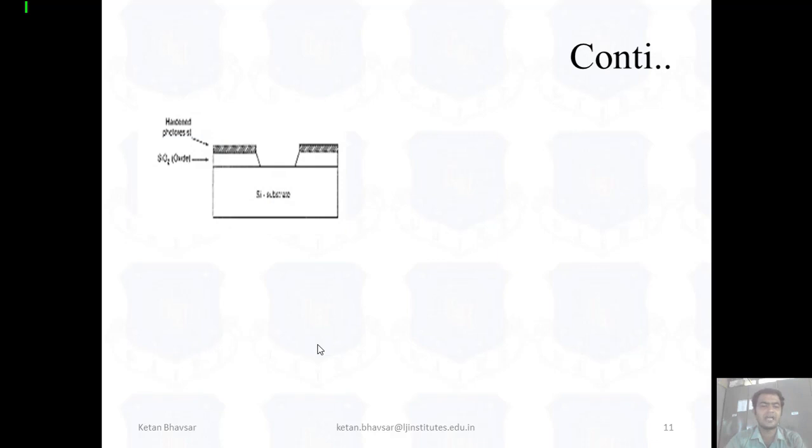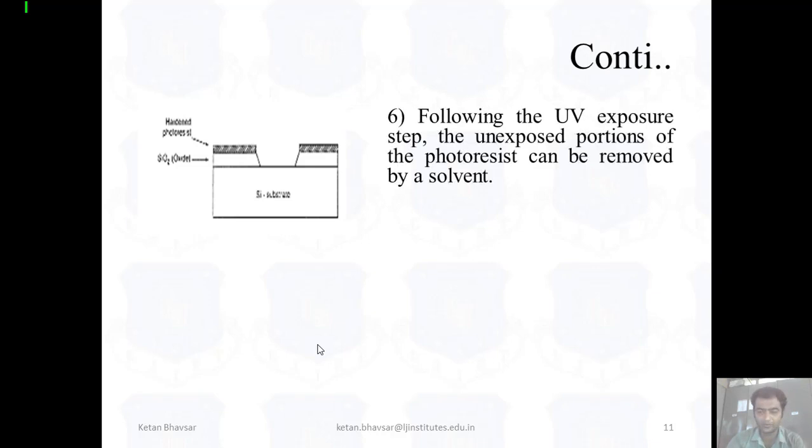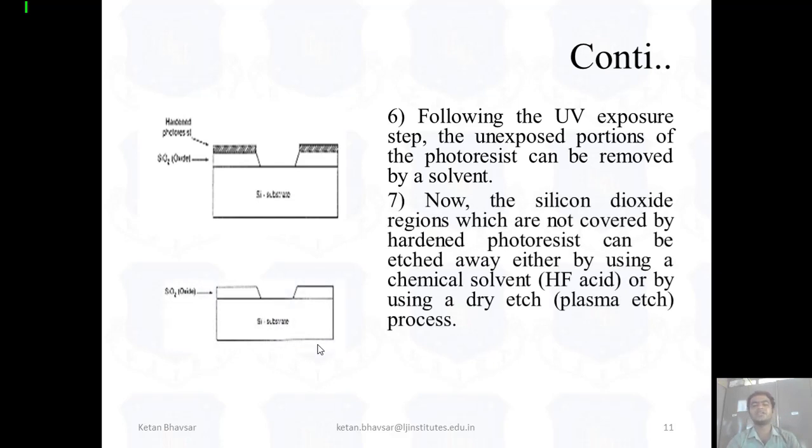So as you can see, after applying the UV lights or creating the window, again we apply the photoresist material, and finally the silicon dioxide region which is not covered by photoresist can be etched away either by using a chemical solvent or by using a dry etching plasma process. With the help of this plasma and chemical process, we try to remove the additional photoresist material available on the surface, and after that we make a compact and stable Si substrate for designing the NMOS, PMOS, N-well and P-well.